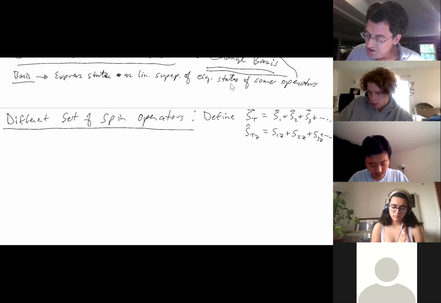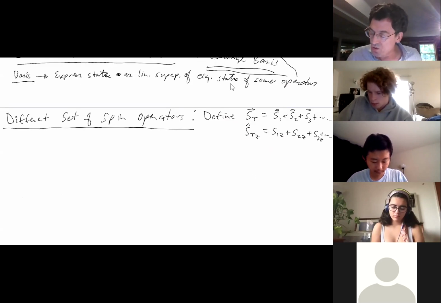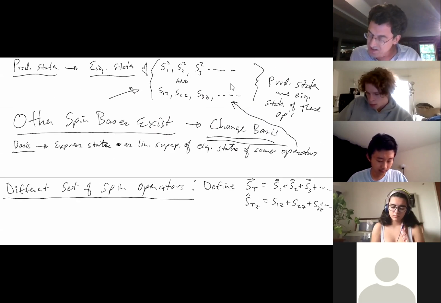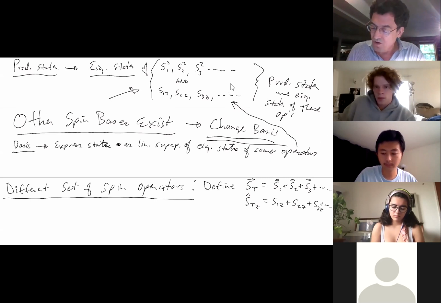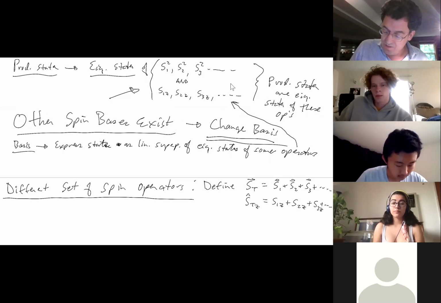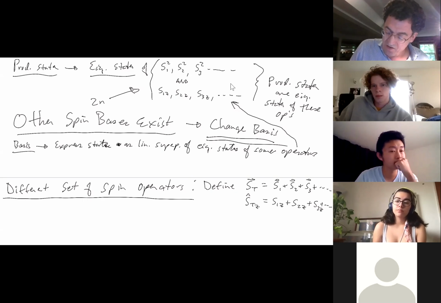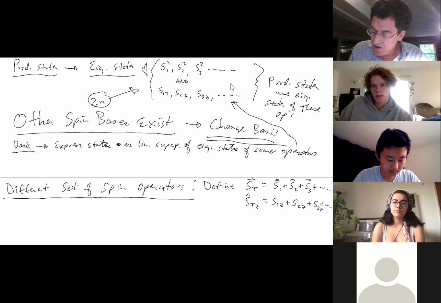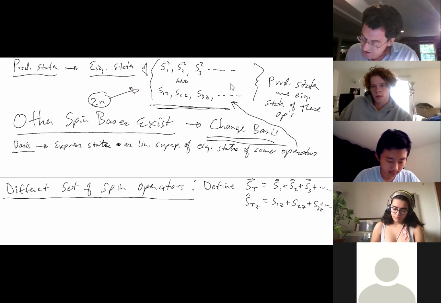Okay, and so I've just defined a new set of operators, these two operators. And if you look at these two operators, it's actually a much more compact kind of notation, because now I only have two operators, whereas before I had 2n, if n is the number of particles. So now if I define these new operators,